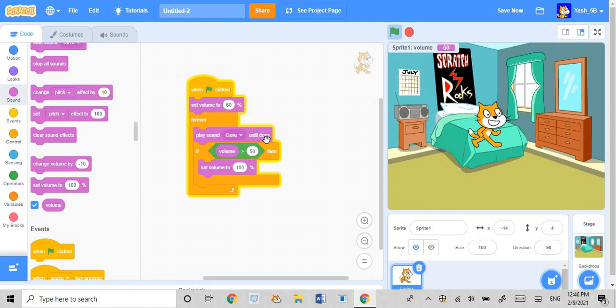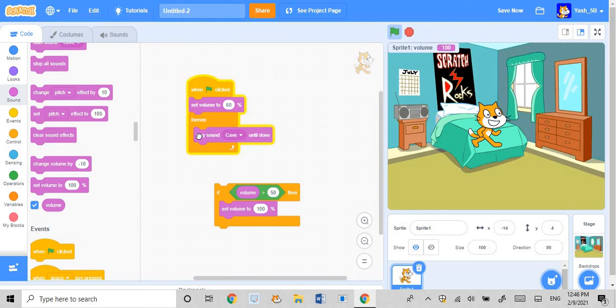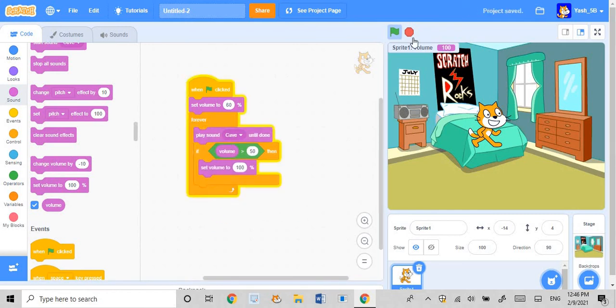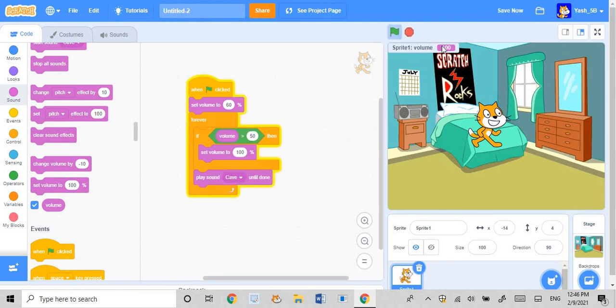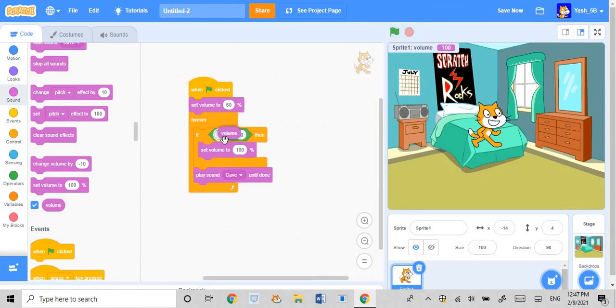That's because this is doing the work. And now you can see it has been set to 100. That is because this actually prevents the code below it from running. So if you want to do that, you need to first move it above. Now you can see it has been directly set to 100. So that is useful if you want to use some statements with this volume variable.